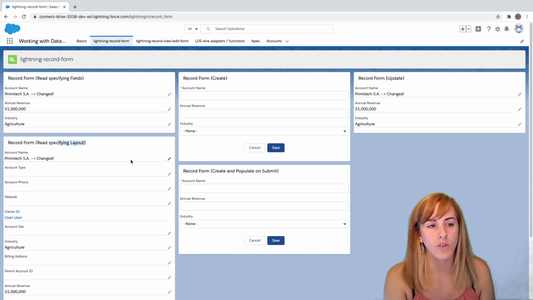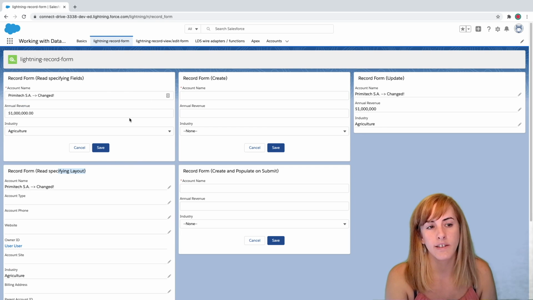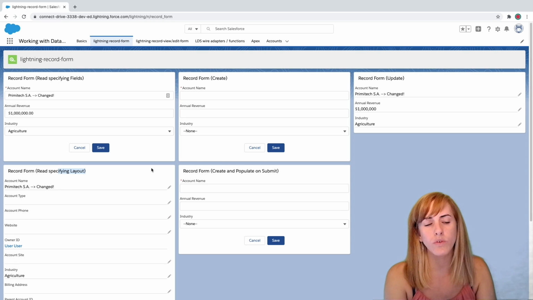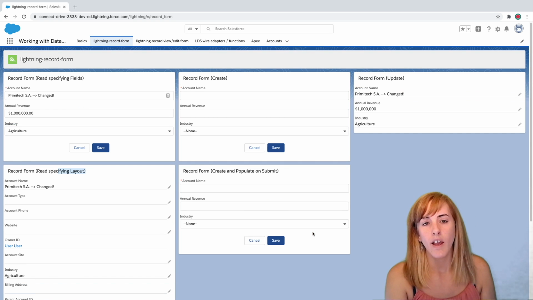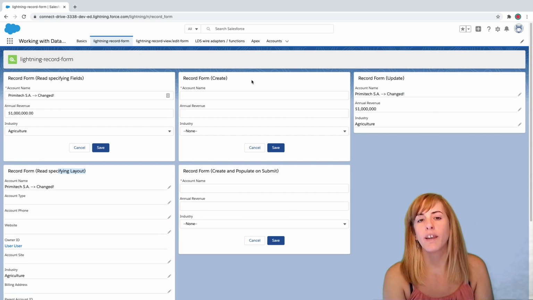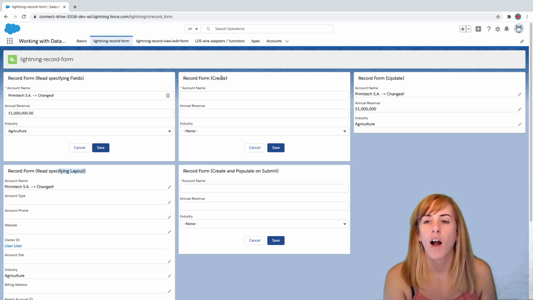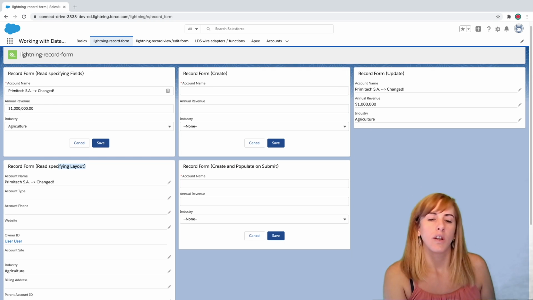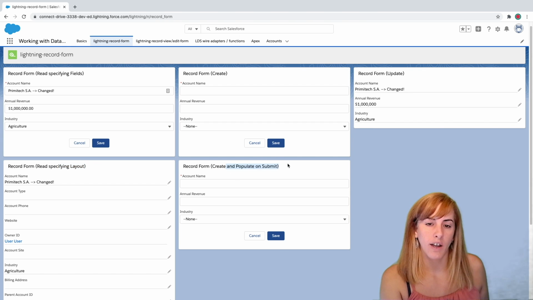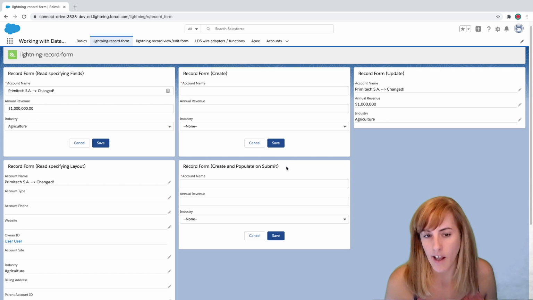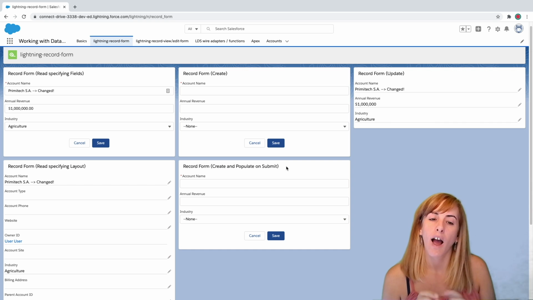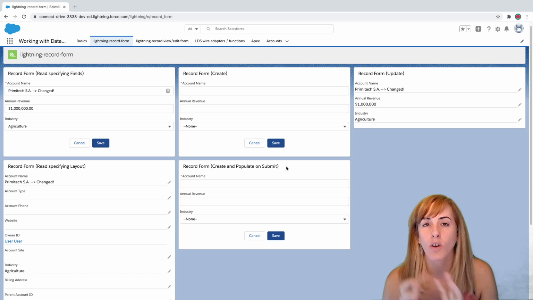The default operation mode is that you have the component and you can edit it and then it enters edit mode, but there is a way in which you can make it read-only if that's something that you need. And also you can directly configure the component as editable, and that way you can create records and update records. And here I have another example which some people don't know that they can do with Lightning record form, which is I want to create a record and I want to populate some of the fields on submit,